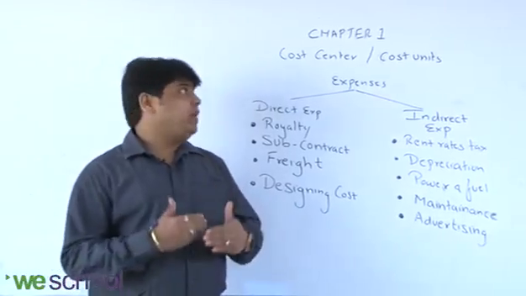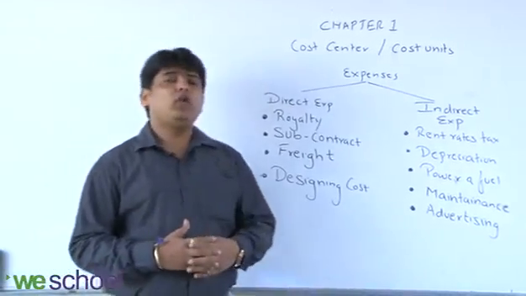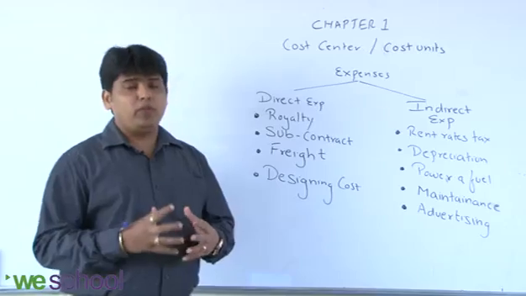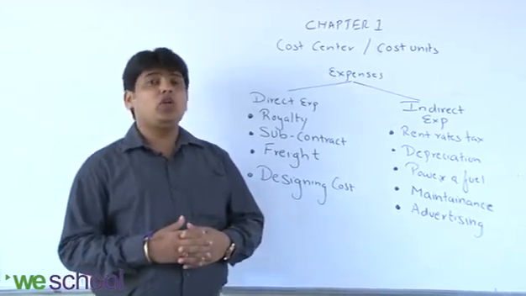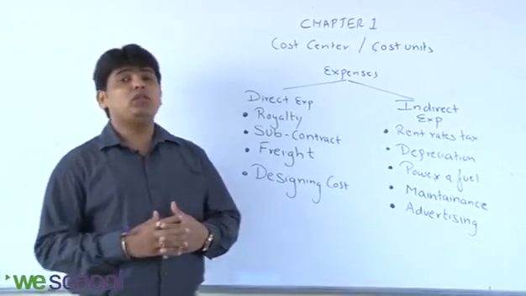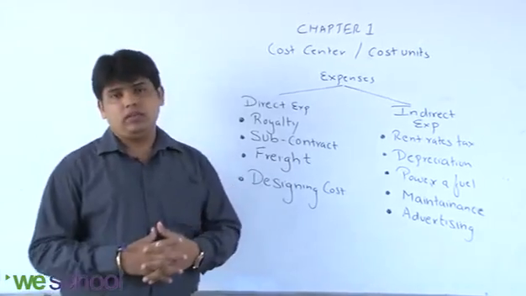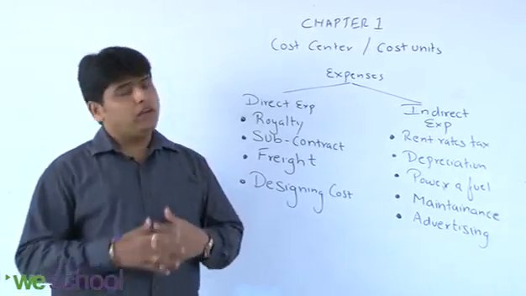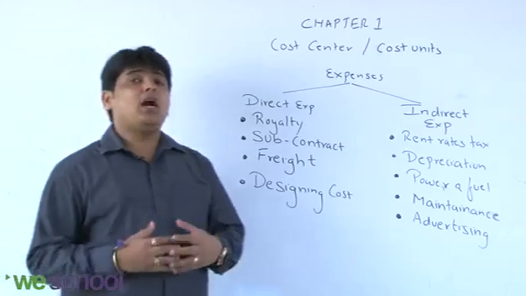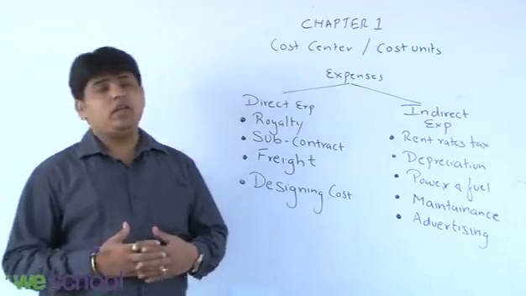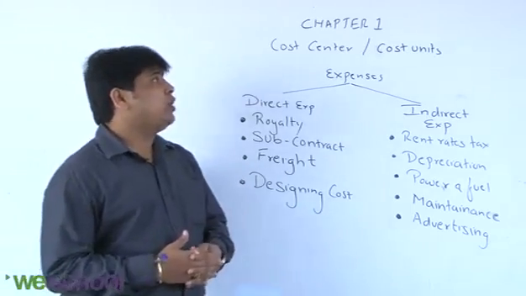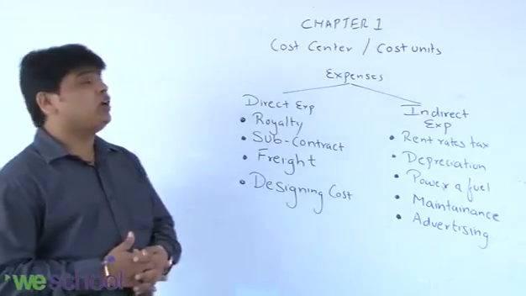Now in the second part of the first chapter, we are going to learn how the cost of a product is calculated if we are talking about a particular company which is producing different kinds of products. They are not producing one product, but different kinds of products. In that case, how is the cost calculation done? For that, in the second part, first we'll talk about cost centers and cost units.